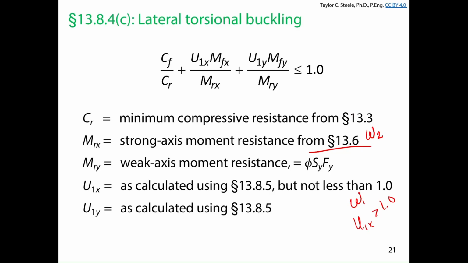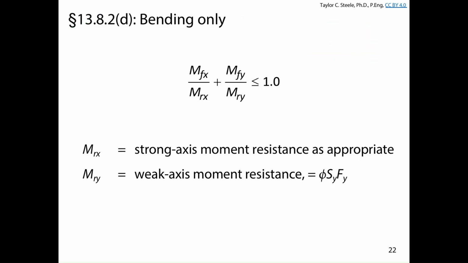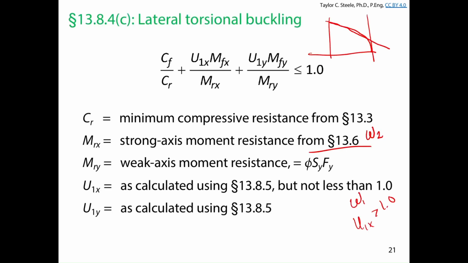You'll recall the other day that when we had a beam column, or a member under combined tension and bending, the shape of the interaction might look like that, so we had to have a linear diagram, but we weren't allowed to exceed the bending only strength. We also have to make sure we're not exceeding the bending only strength, not because we have any nonlinear effects,